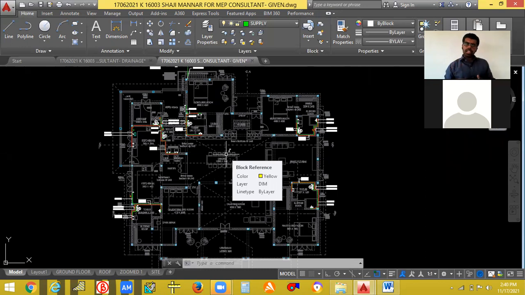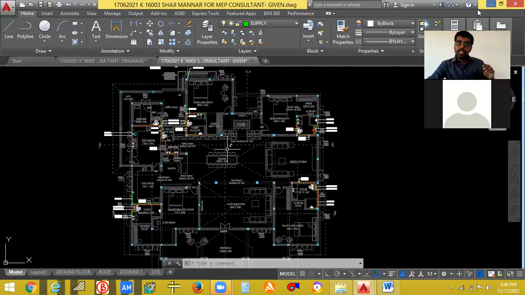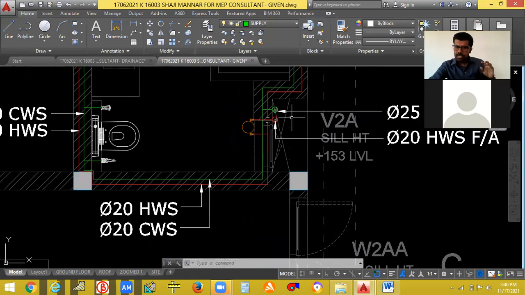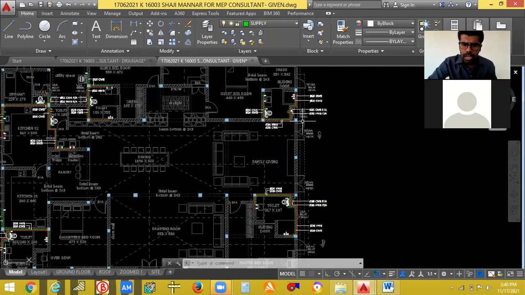Now the next thing is that from the overhead tank it has to come to the individual toilets and kitchens, kitchen and work area if you have. I have already said that the individual toilets were having ducts. Why have they given ducts? So that you can take the pipeline through the duct. So you have to note where all these ducts are.